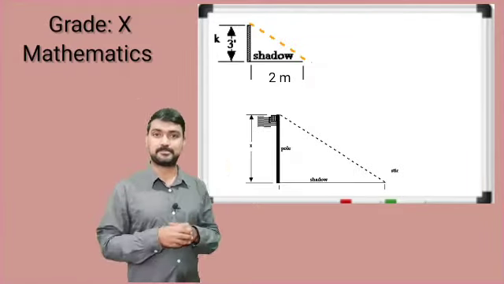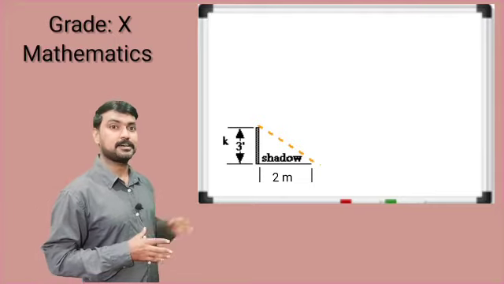Here you can see this paper, this triangle. This vertical line stands for the flag post, and this horizontal line stands for the length of the shadow of the flag post. By joining these two lines, we get a right angle triangle. Is it correct? Yes. Then the second triangle, he said, I kept a ruler here vertically. At that time I measured the shadow's length. This is the triangle which I formed from this ruler. The height of the ruler was 3 meter, and the shadow's length was 2 meter.